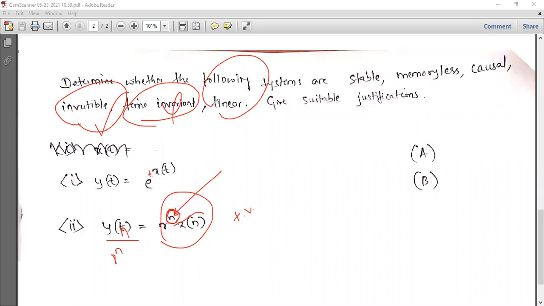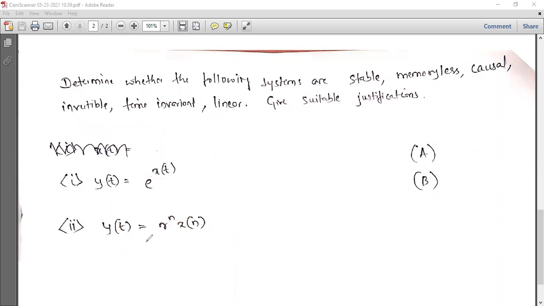Linear or non-linear, by the way? Linear. So how did you get this linear? See, this is a simple r to the power n. Nutan, what was your conclusion? y of n equal to r to the power n into x of n. Linear or non-linear? What do you think? Linear. You must solve this, right? Yeah, Nutan, I solved it.